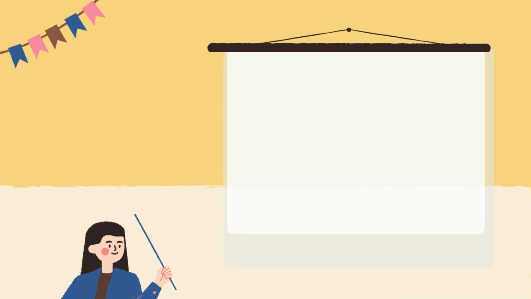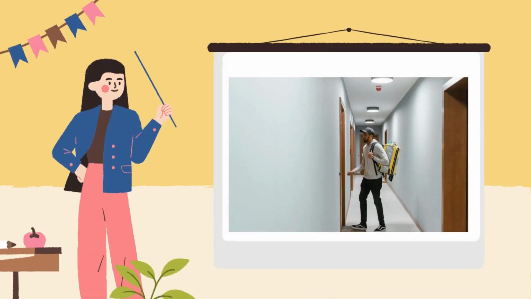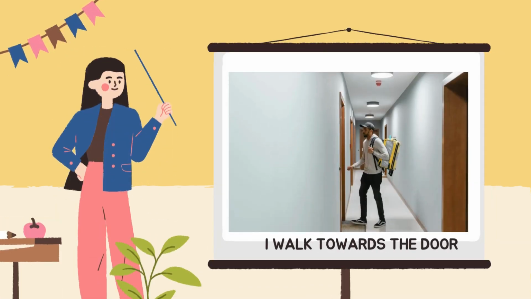For instance, I walk towards the door. For him, in order for a child to understand the language, it should include